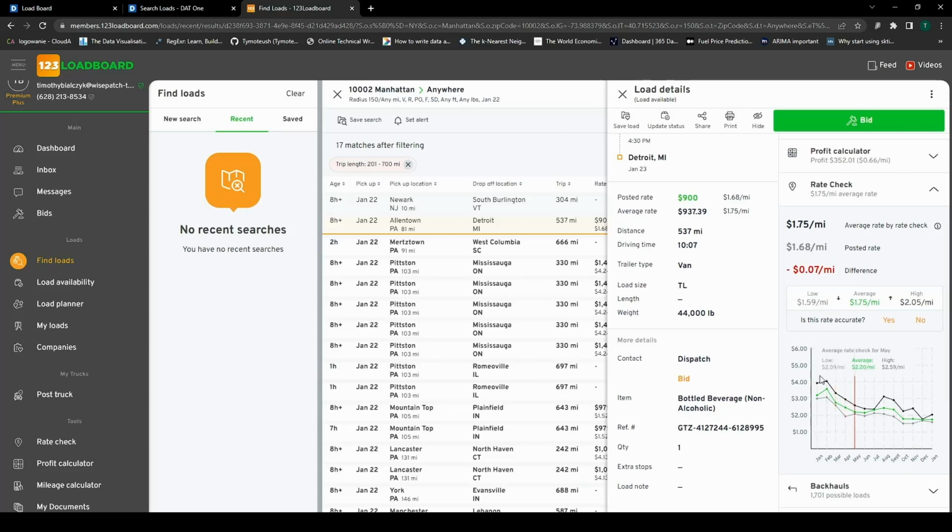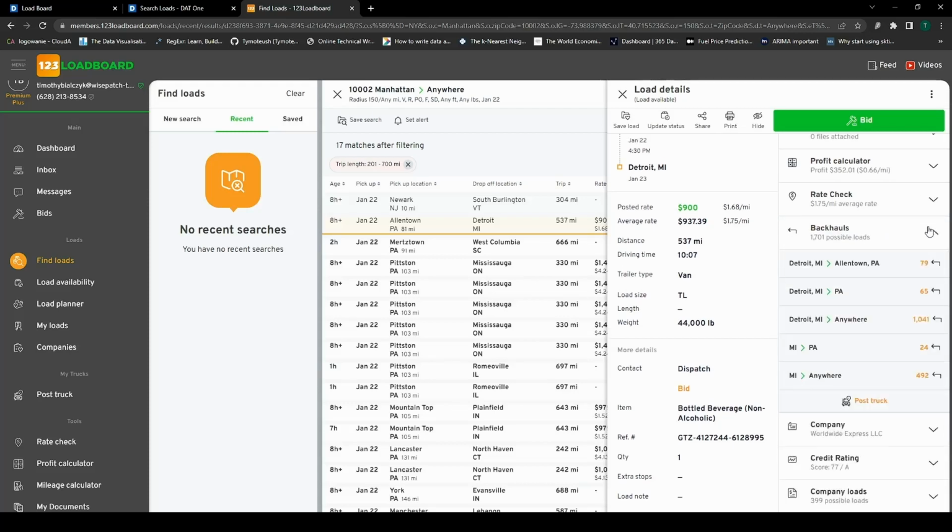Average, low, and high. Is this rate accurate? You can rate it, so it will help probably the algorithm, or I don't know how they do it, the analytics tools, to be more accurate in the future if you see that this rate is not accurate at all. Backhauls, possible loads. Yes, this one, those numbers you see there, they might not be accurate, so I wouldn't take them into account at all,